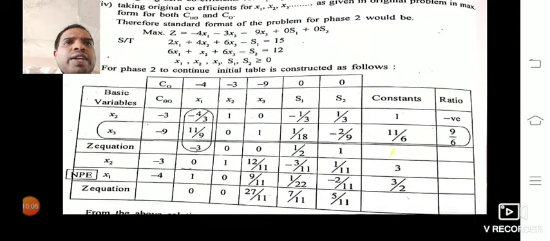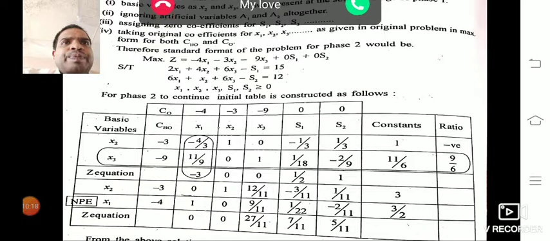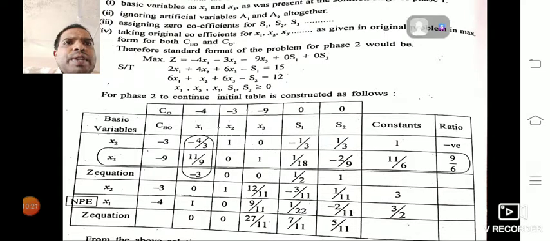From phase 2 again we can take down the basic variables. Don't consider artificial variables here in phase 2. We just need to follow all the steps as we did in the simplex method. Here x1, x2 and x3 are what we are going to consider. Again for the z equation we are getting minus 3, 0, 0, 1 by 2, 1. How are we getting it? It is the summation of CBO into XA minus CO. You can apply this formula to the z equation row.